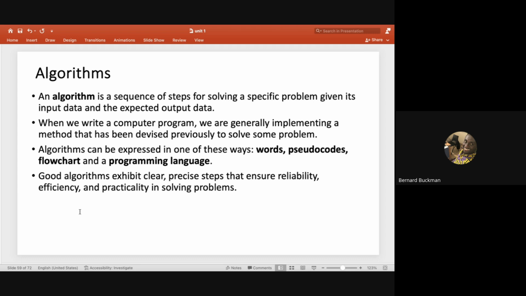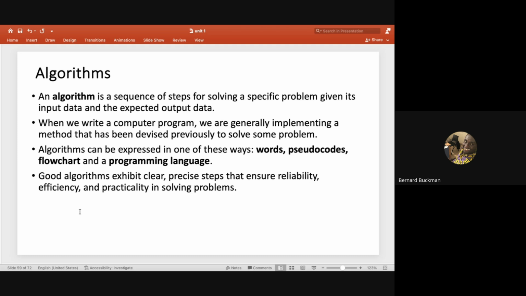So this strategy, this sequence of steps we take to solve the problem, is what we term as an algorithm. Are we okay? Generally, an algorithm is an unambiguous sequence of steps we use to solve a problem. Algorithms can be written in different ways. They can be written as pseudocode. We can write them as words. We can draw them as flowcharts. We can even write them as programming language code.